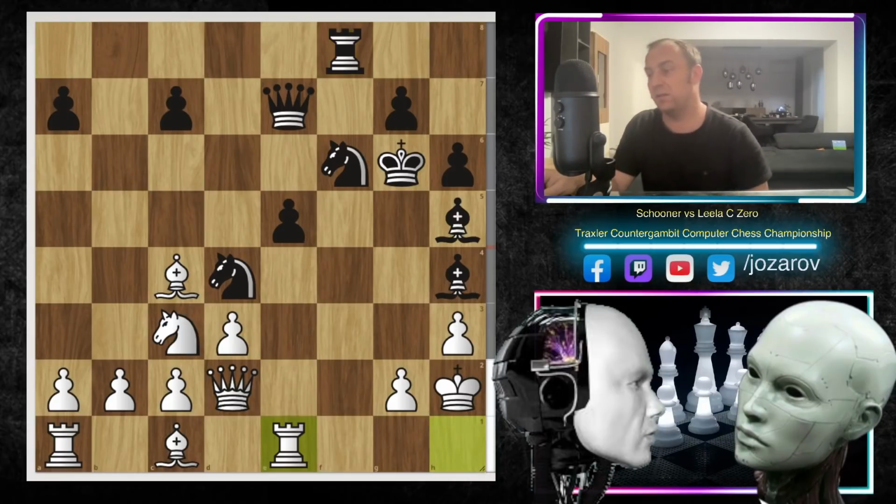So here h6, Lc0 is trying also to get some breathing space for the king. King to h2, we have rook to f8, rook to e1. Finally Schooner is getting the rook into the game, but it's a little bit too late, because